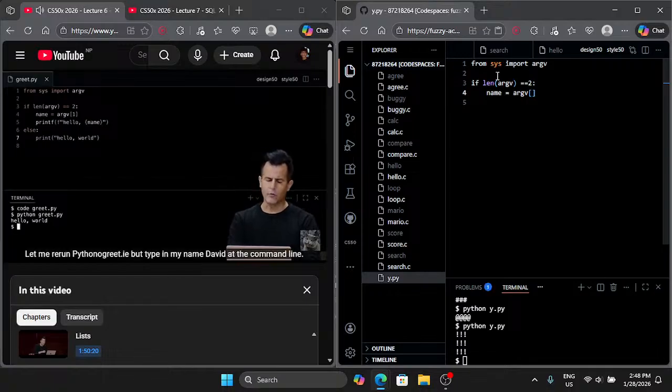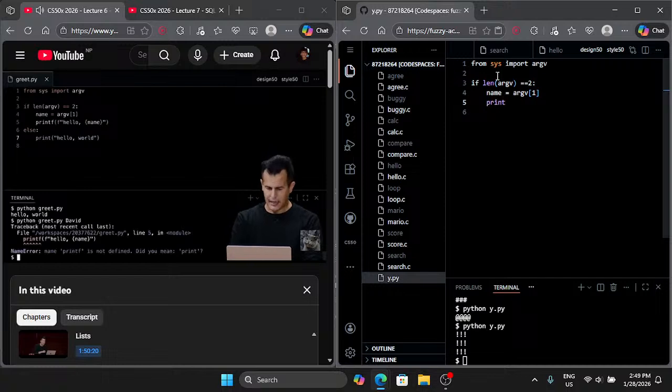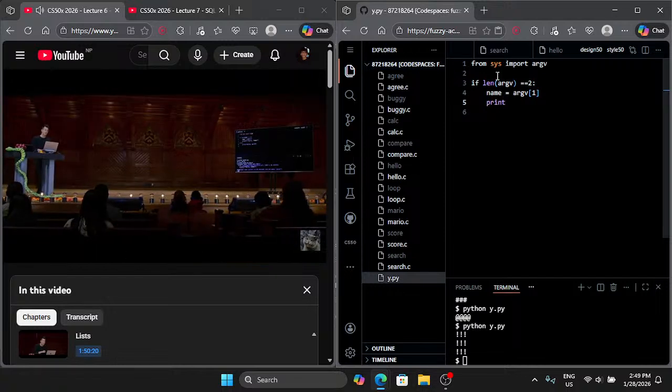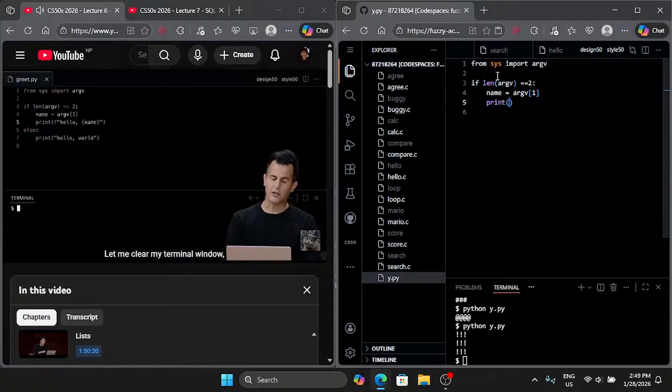So let's see where this is going. Let me rerun python of greet.py, but type in my name David at the command line, enter. And I screwed up unintentionally. What did I do wrong? All right, printf is not a thing. So that's an easy fix. Let's delete it. Let me clear my terminal window, rerun python of greet.py space David, enter, and now I get